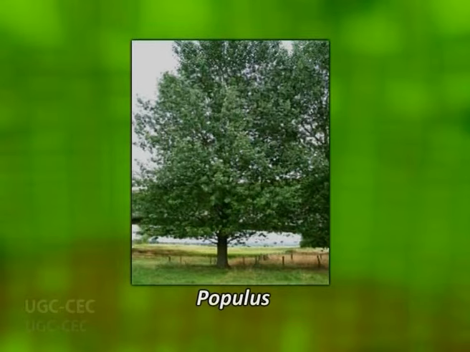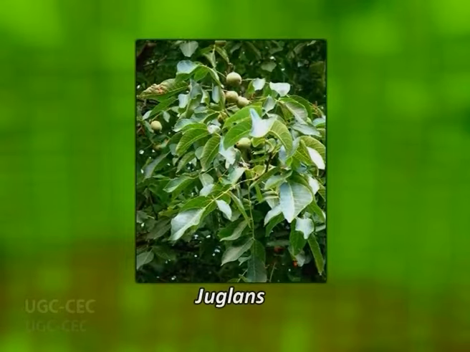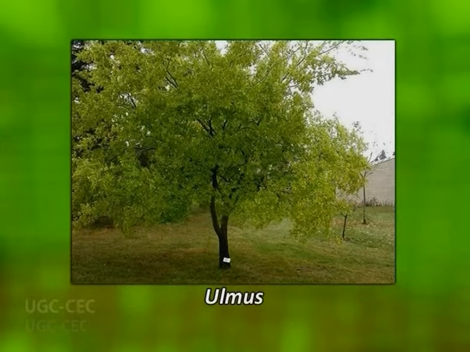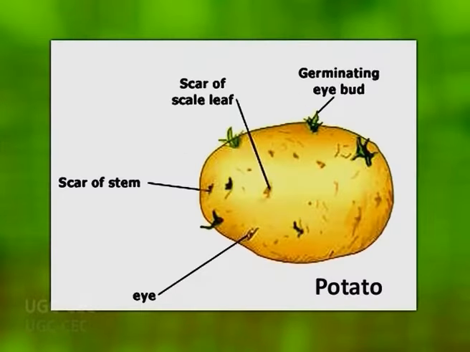More commonly, the first phellogen develops in the layer of cells immediately below the epidermis. Such development can be seen in Populus, Juglans, and Ulmus, among others. In the potato tuber, the phellogen develops in the epidermis as well as in the subepidermal cell layer, but the phellogen formed in the epidermis does not continue to function after its formation.